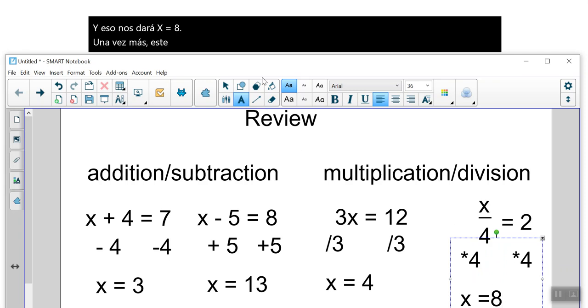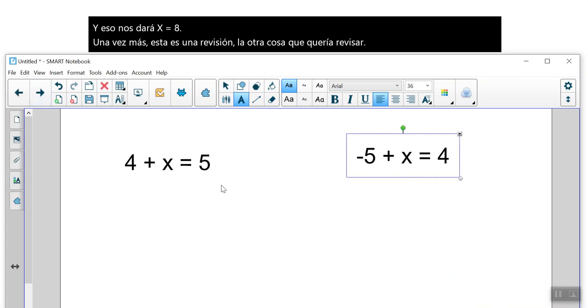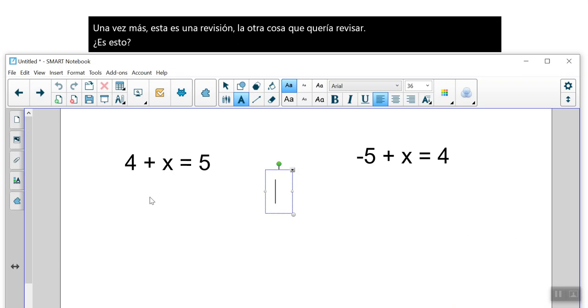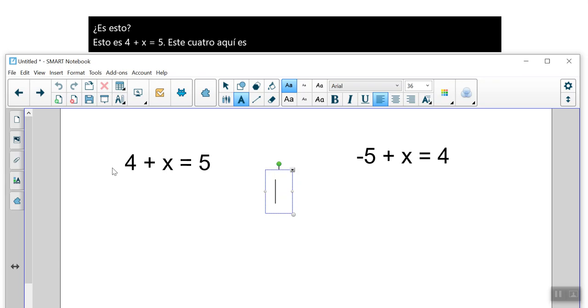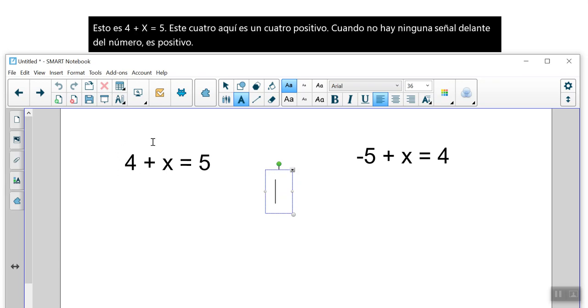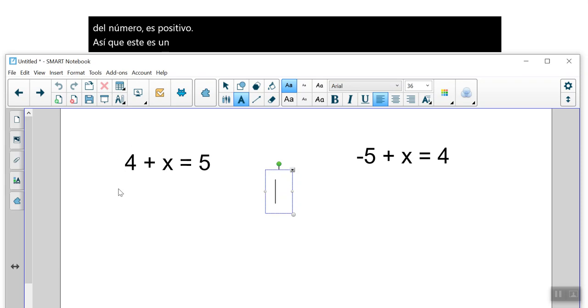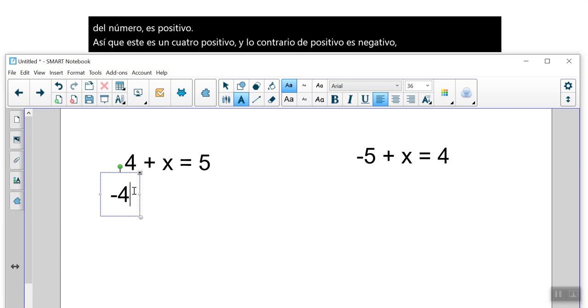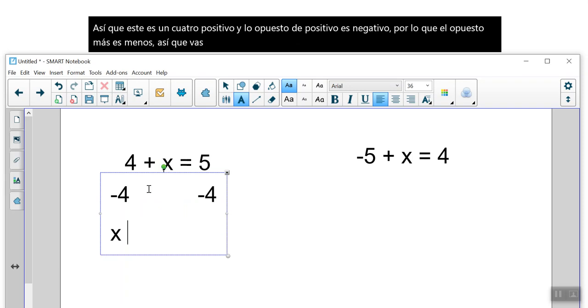The other thing I wanted to review with you is this. This is 4 plus x equals 5. This 4 here, it's positive 4. When there's no sign in front of the number, it's positive. So this is a positive 4, and the opposite of positive is negative. So the opposite of plus is minus, so you're going to minus 4 from both sides, which gives us x